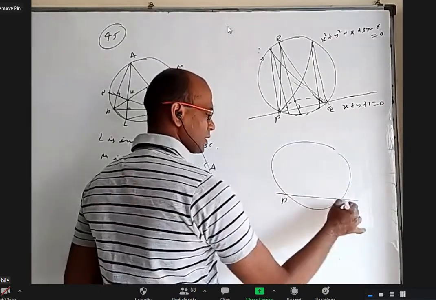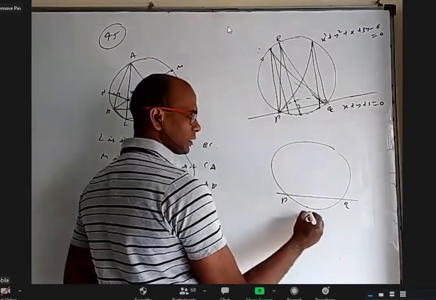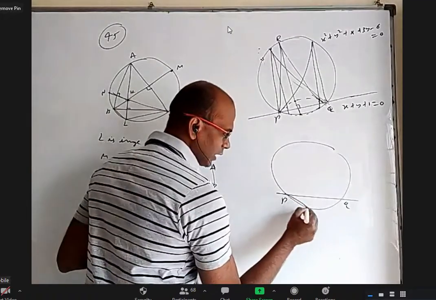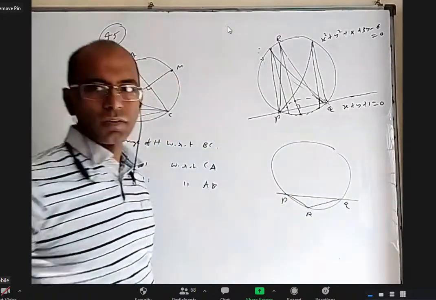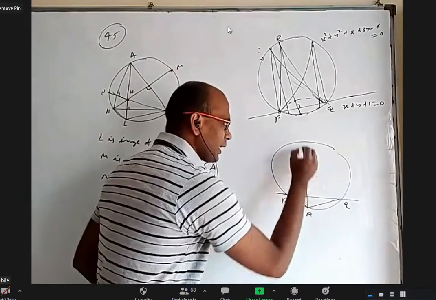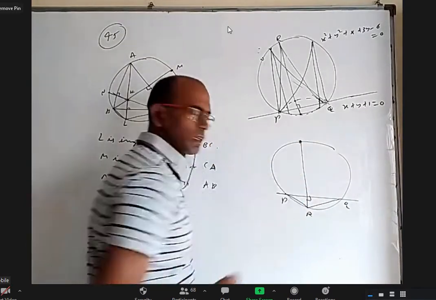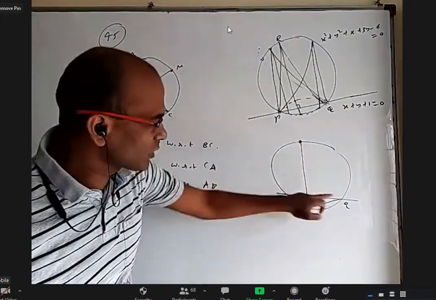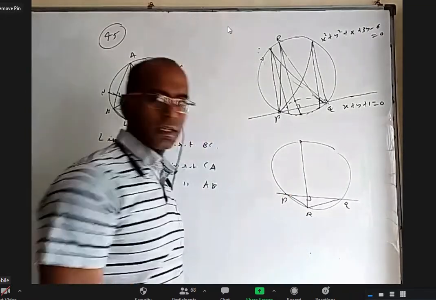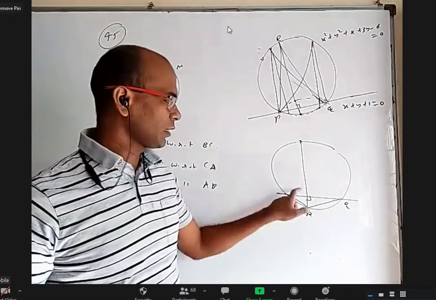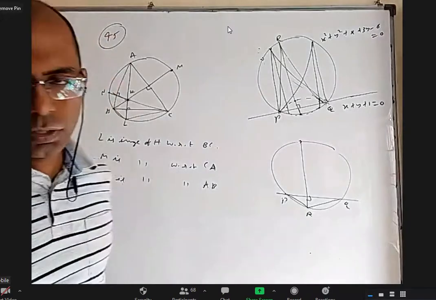Let us say P is here, Q is here. I will take R here. When you take R here, this is a triangle. Where is the orthocenter? If you want to know, draw the altitude. It meets the circle here. The mirror image of this with respect to this will be outside. It will be here. So the orthocenter of triangle PQR will be here. Are you able to follow that?